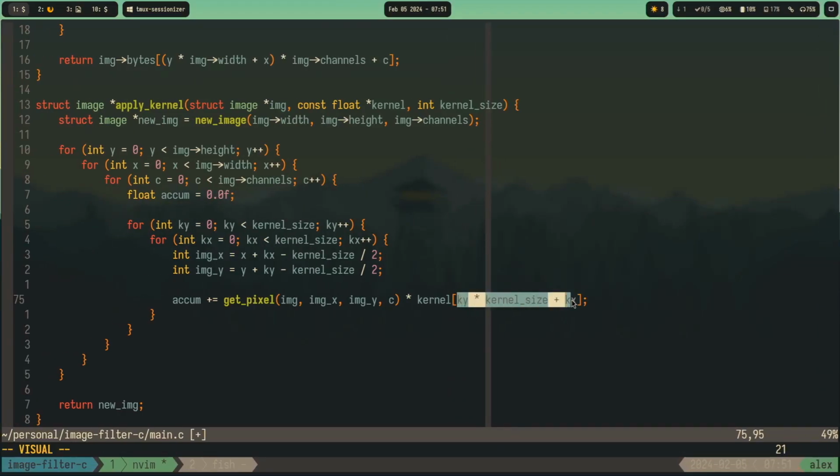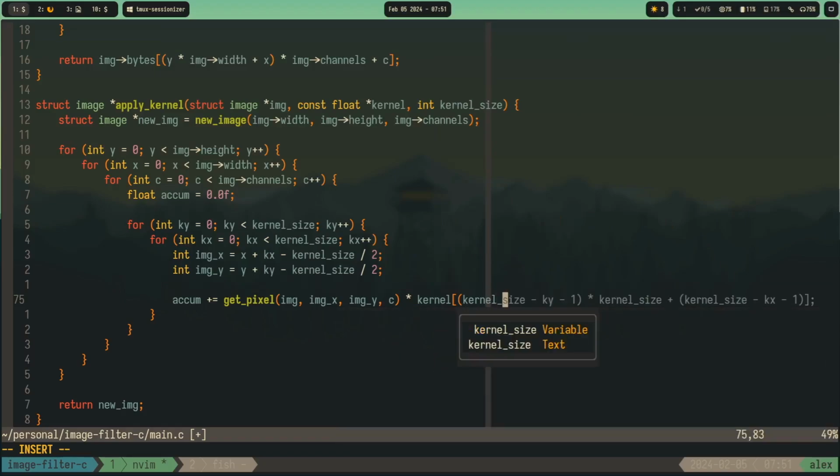Well, I mean, the easiest thing is to have here kernel size,